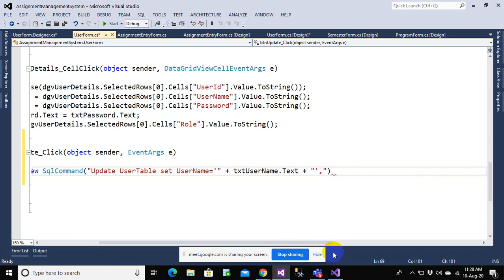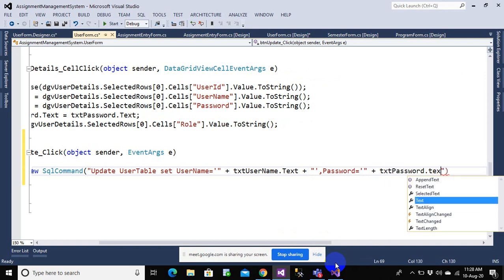And again we need to have a password. So password should be equal to again single quote, double quote, plus txtPassword.Text plus, and everything is done.